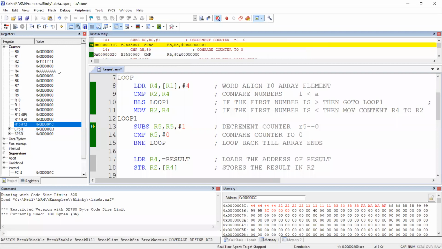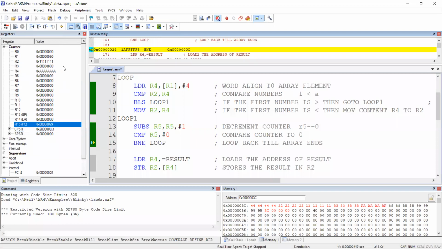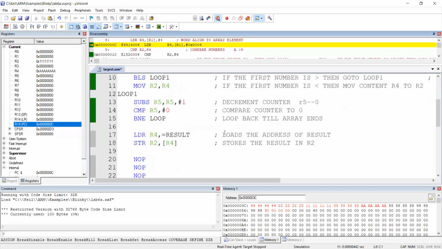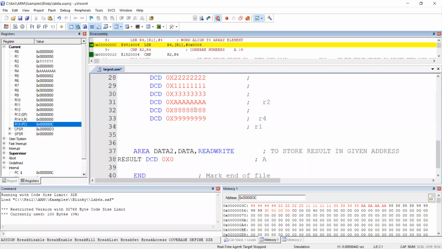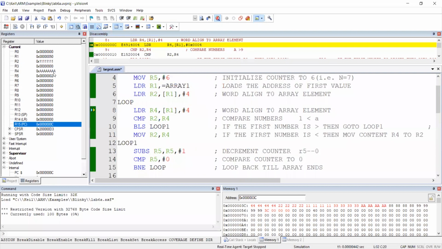Okay, so I'm going to lose A. Only 1 will remain, that is 1. See, 1 with 1 is remaining now. So next time when I enter the loop, I have to delete A. Instead of A, what do I have to take? 8. Let's see whether that happens. R4 should get 8 and it should forget A. Yes, 8. Okay, so it is the 1 and 8 comparison.